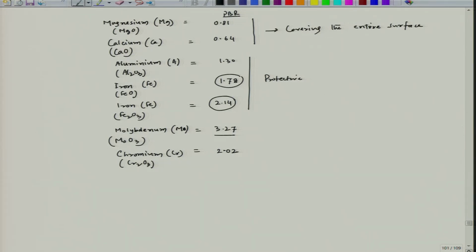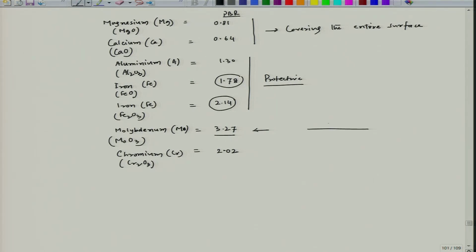So, it will be exposed to the oxygen all the time. I would expect that it will oxidize continuously and at a very high rate. But in this case I can consider that this is protective. In this case I can say that it is not protective, because once we have a very high volume,